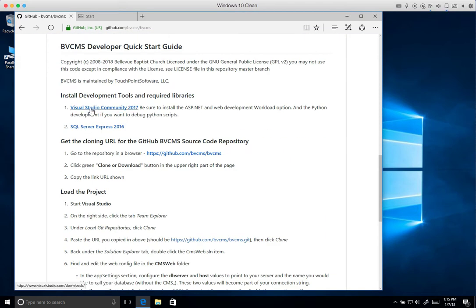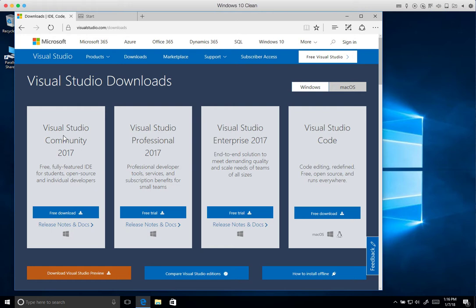So this says to install Visual Studio Community 2017 and SQL Server Express 2016. You can install a full SQL Express, obviously, and you can install one of the enterprise versions or professional versions of Visual Studio, but these two will work just fine, at least for developing purposes. So let's install this Visual Studio Community 2017. And so I'm going to go here, free download,